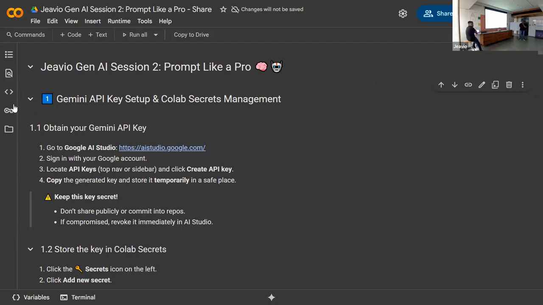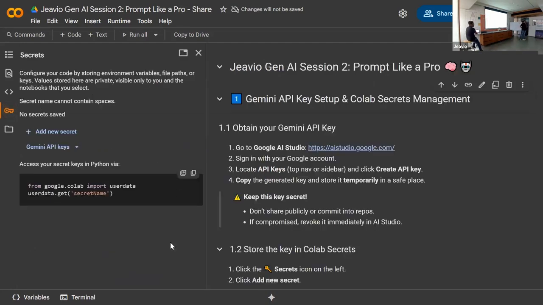I hope everyone has access to Google Colab. If you want the Google Gemini API key, you can go to the link present in the Colab itself, generate a key for yourself, add it in the secrets section of Google Colab, and allow the notebook access so that it can use the Gemini API for the setup.